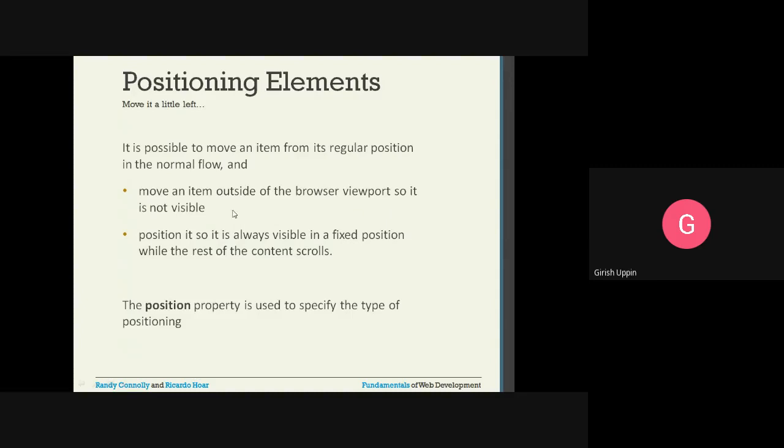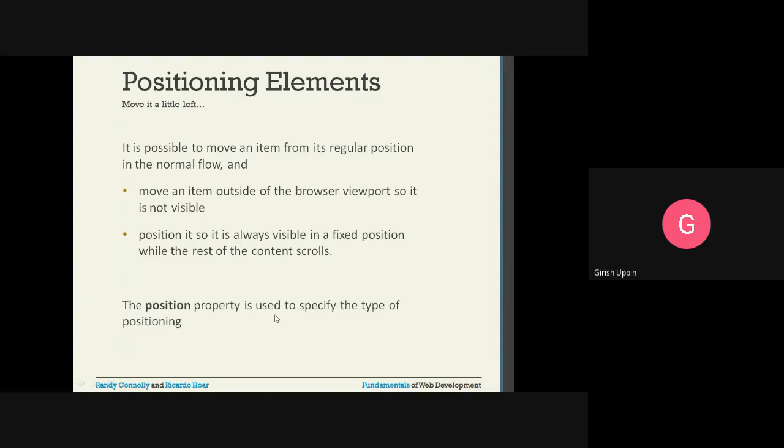This is possible. We can move an item completely outside the viewport of the browser. Then position it so it is always visible in a fixed position while the rest of the content scrolls. Means we can have a certain element in a fixed position while the rest of the document is scrolling down. That can be done.